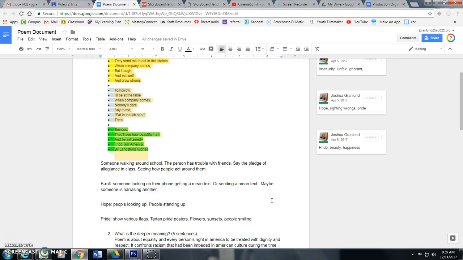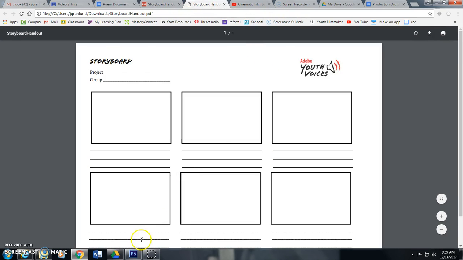Maybe pride is like shown in the color yellow. Okay, so we're just going to find something that's yellow. If we want to show like sadness, maybe we find something that's blue. Okay, or really grungy looking. Okay, so these are just kind of some ideas. You can type them right on here or anywhere. And now I'm going to go ahead and storyboard out